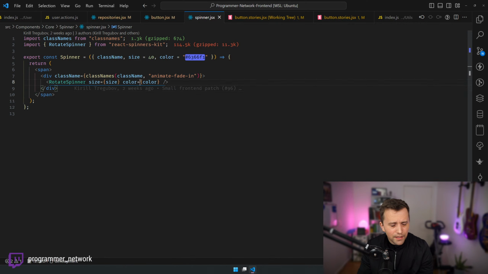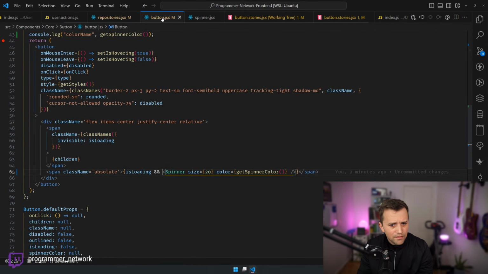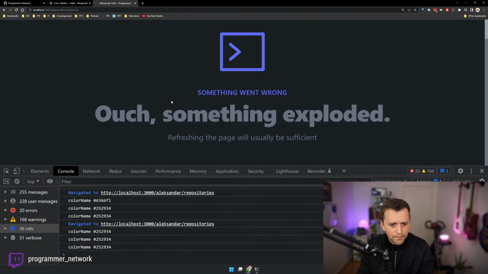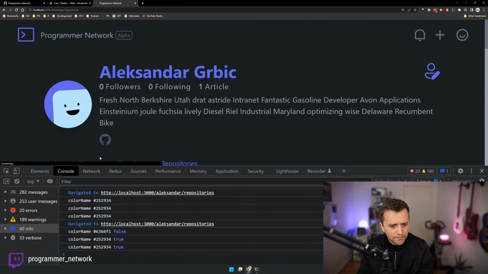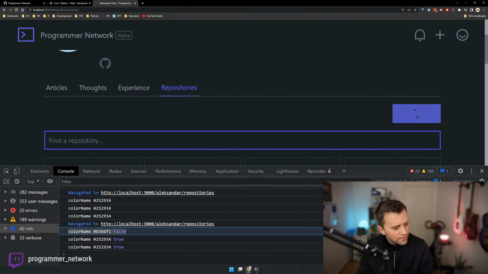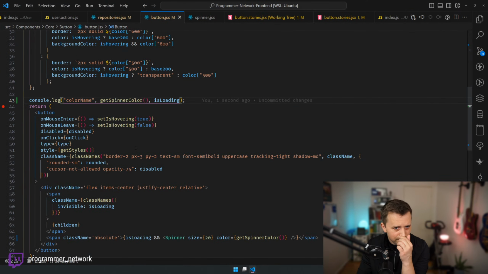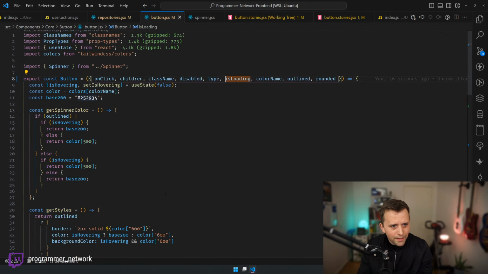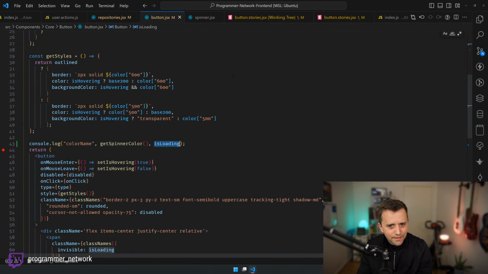Maybe it's the loading state, right? So loading is false and then it's true. So maybe it's that, but why?